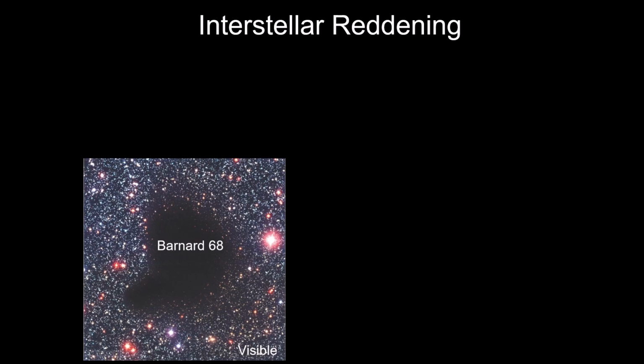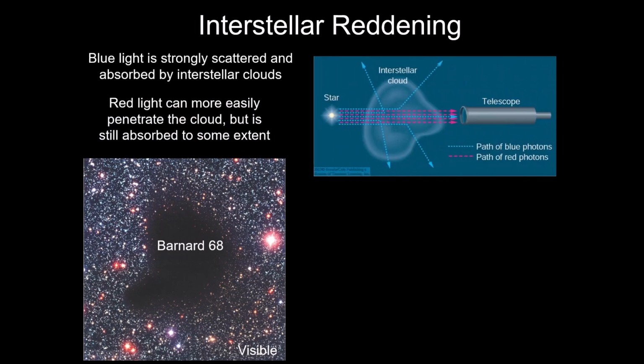If it's blocking light. Now, the other thing you'll notice here, look very closely around the perimeter of this cloud. You'll notice something special about the stars that are found along the perimeter. They are unusually red. We don't see as many of those reddish stars as we get further out. We see sort of the normal color of stars, but stars on the perimeter of this cloud have their light altered, and the light is being filtered by the cloud, an effect that we call interstellar reddening.